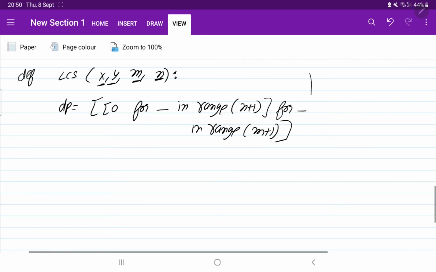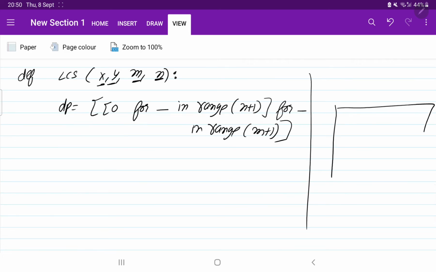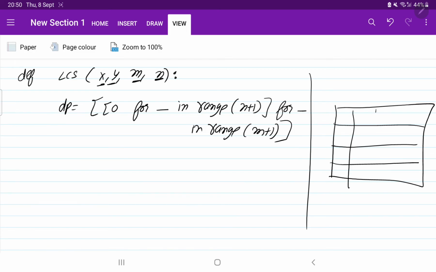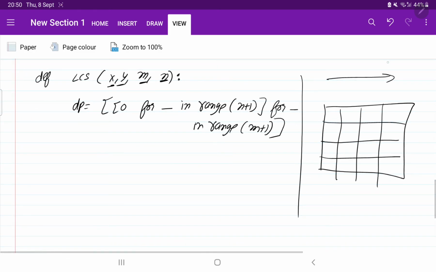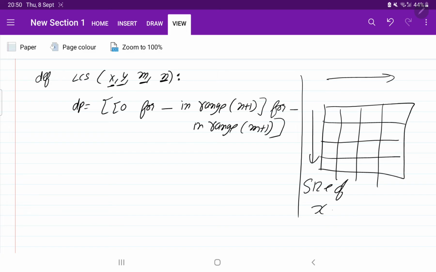So what we were doing here, I am creating the DP. This is the rough DP. It is a matrix. Here we are writing the size of x, that is m, and here it will be the size of y, that is n. And what will be the size of this DP?